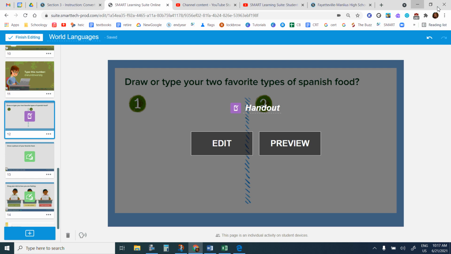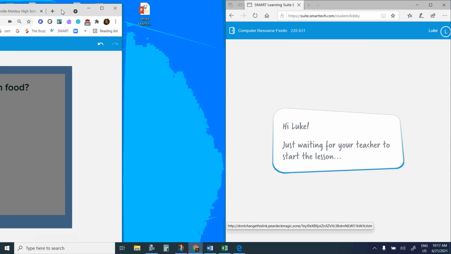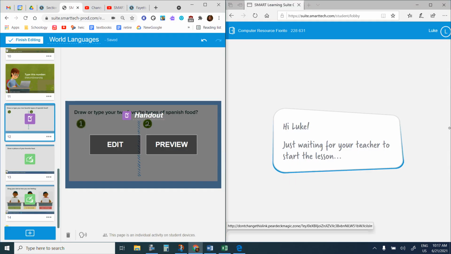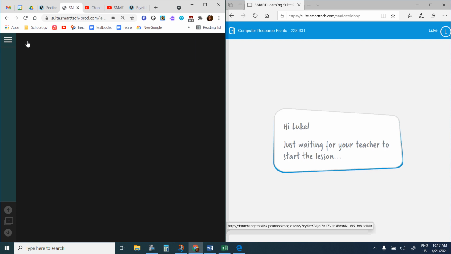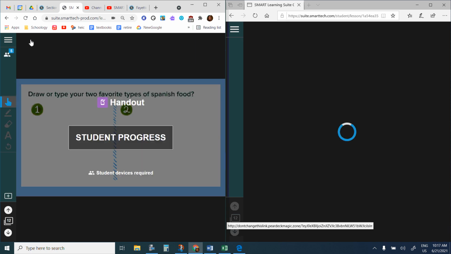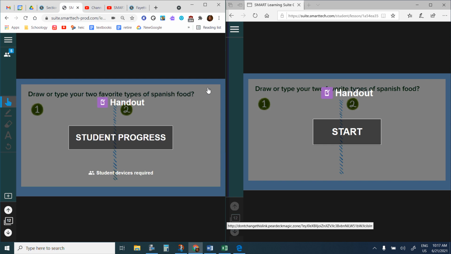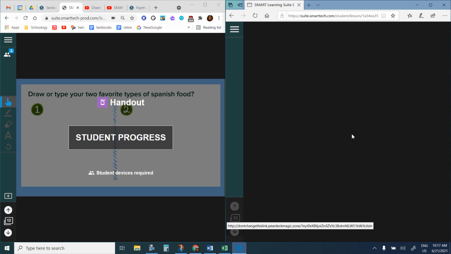So now let's take a look at what this looks like from the student perspective and the teacher perspective. I'm going to finish editing. And now I'm in my presentation mode. So this is the teacher screen. This is the student side. So when we get to this screen, which is an individual handout or an individual workspace activity, the student will get their own individual copy of the file. So the student will click Start,